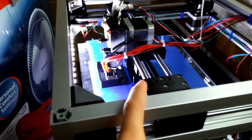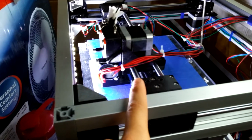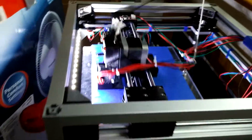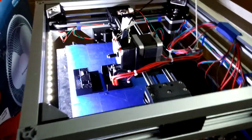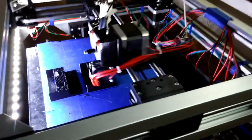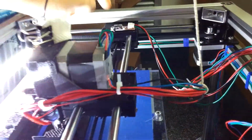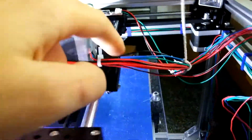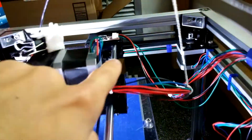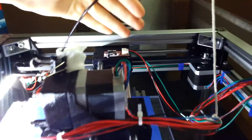So you may ask, why am I doing a 1.4 status when I haven't printed any 1.4 parts yet? Well, because I've designed them, and I just want to talk really quick about them. First of all, this X slider is the main thing that's changed. It now is going to have mounting points on the back here to mount the end stop vertically, with the trigger facing this way, so it will still go to the 0